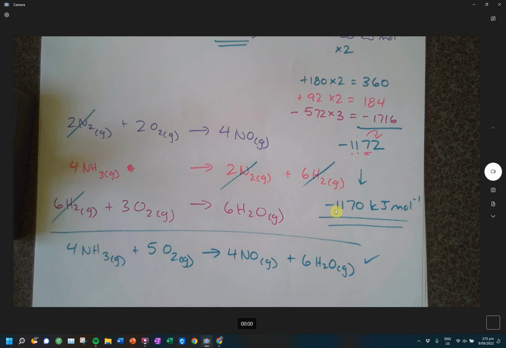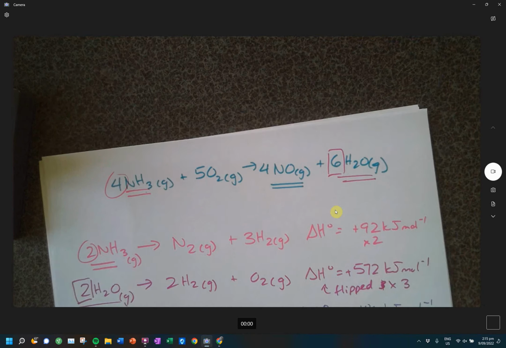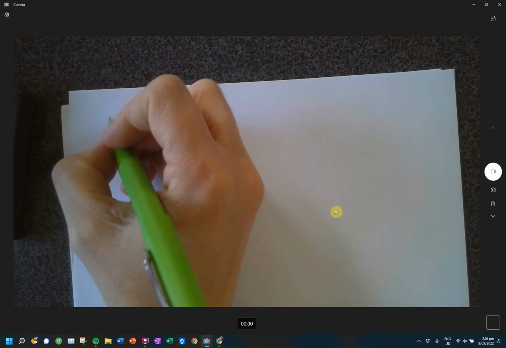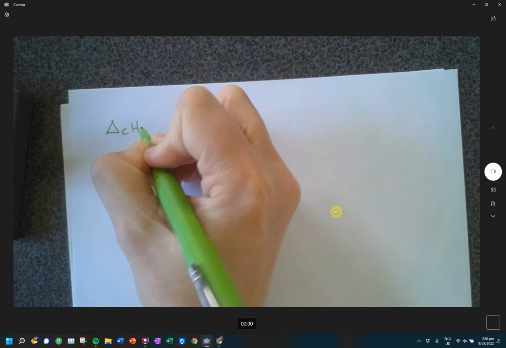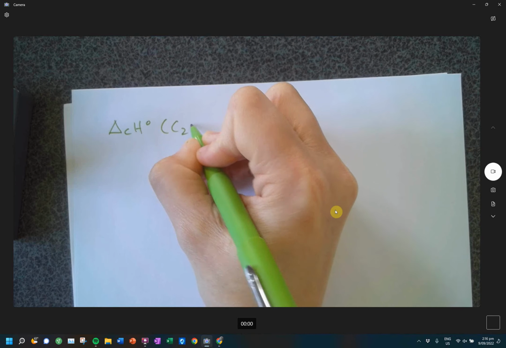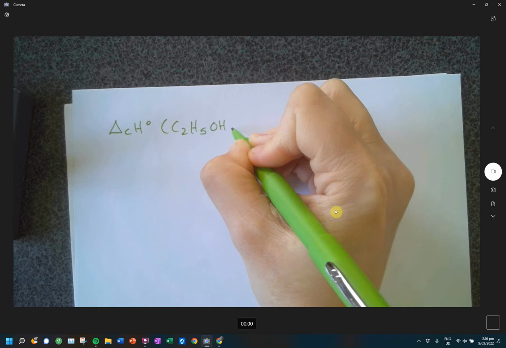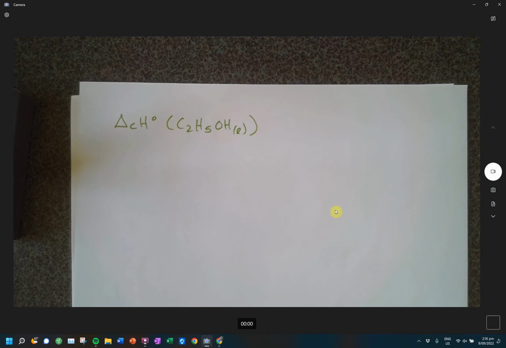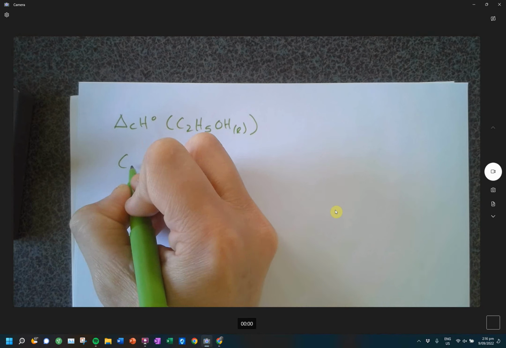All right, shall I show you a little bit of a shortcut? There's a nice little shortcut, but with the shortcut, you could only use it if everything they give you is in the formation equations. So let me show you an example, and I'll grab some different colors. So they want you to calculate, in this example, the combustion of ethanol. When it comes to calculating the combustion of ethanol, they've given you the equation that you're trying to get,